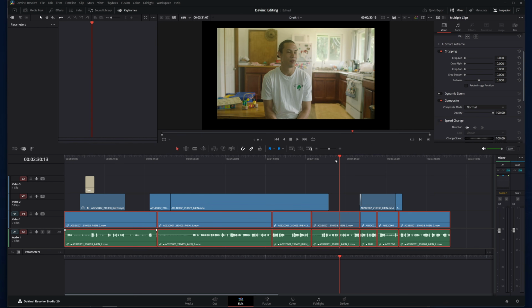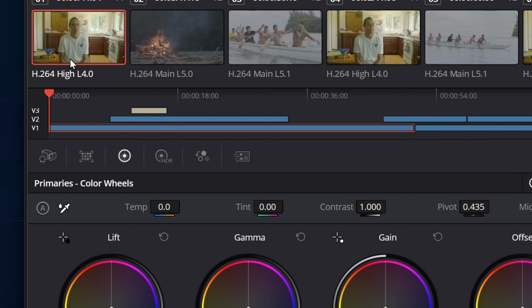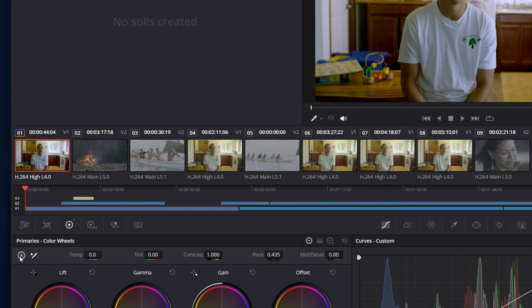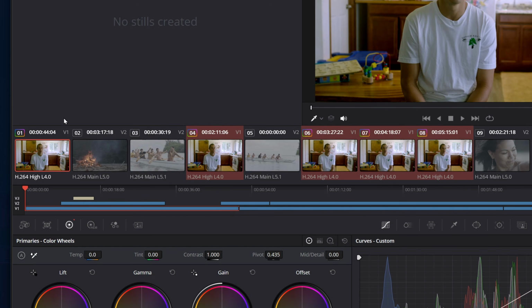I said I wasn't going to get into color, but I want to show you one quick beginner hack that you'll love and that you don't have to know color to use. I'll go to the color tab and you can see all of your clips over here. Select one and hit this little A to auto color correct. Then select all the other clips you want to apply it to using Control or Command click and press your mouse wheel on the clip you want to apply to them, or right click, Apply Grade. And it's matched that grade across all these clips.